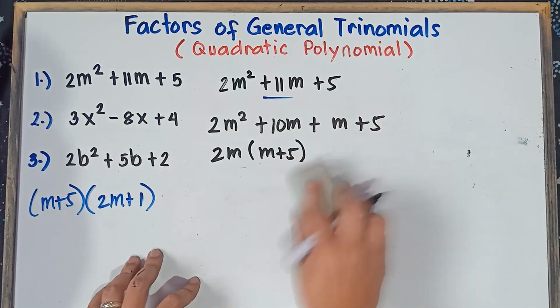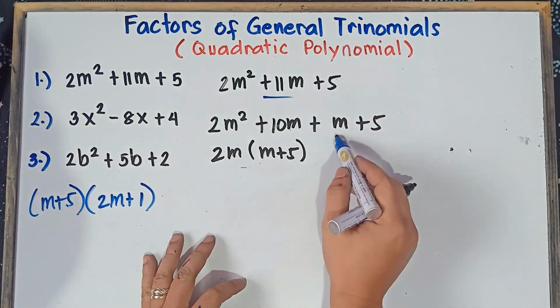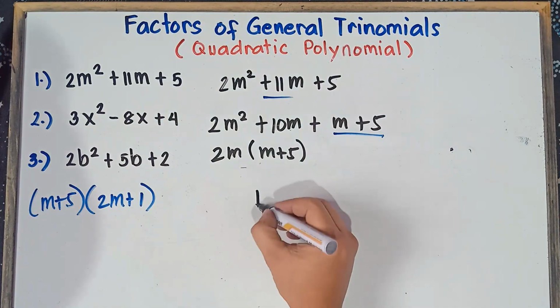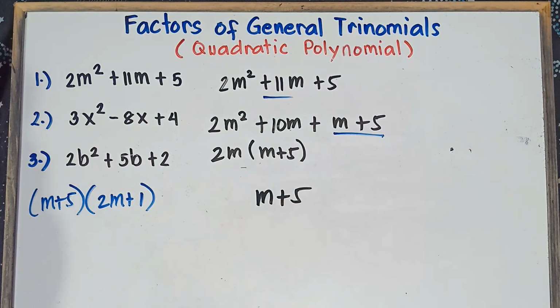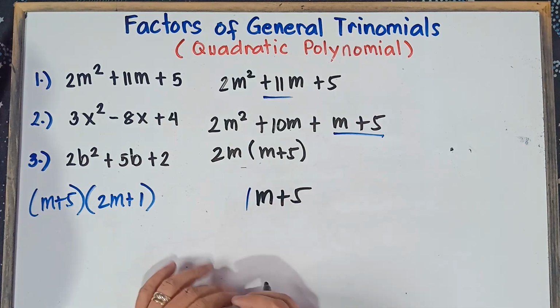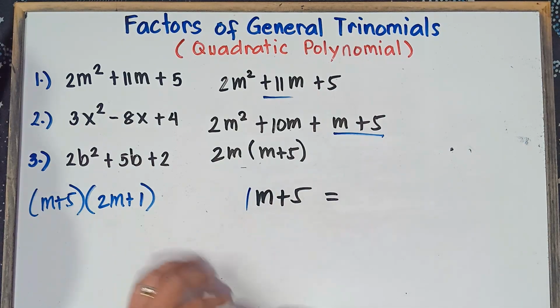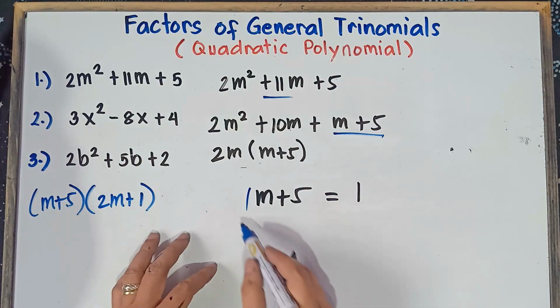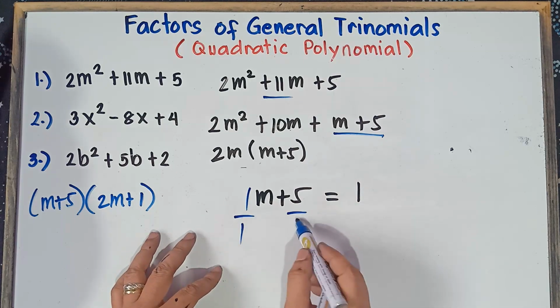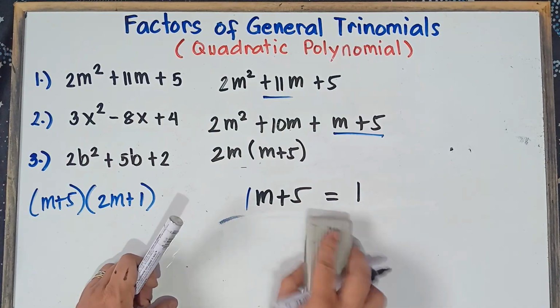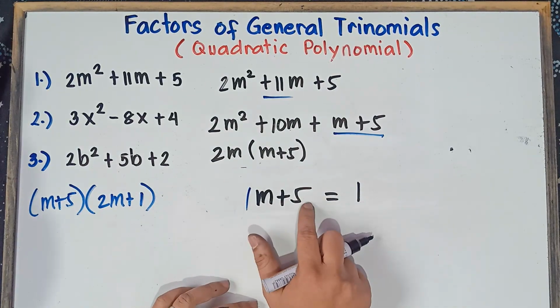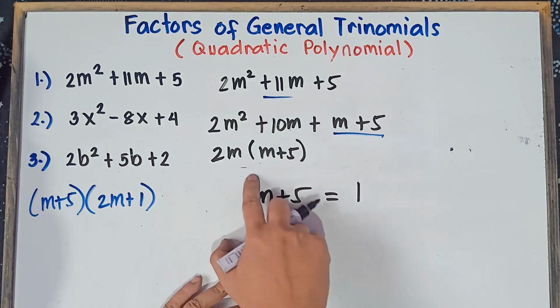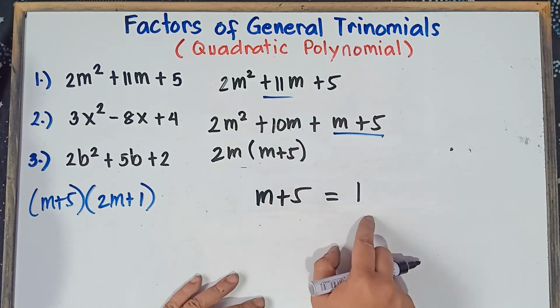Alright, and then the other one. We factor out the third term and the fourth term. We have m plus 5. So for the numbers, understand that there's a 1 here. So therefore, we can factor out 1 and 5. What would be the greatest common factor, class, of 1 and 5? That's correct, that's only 1, right? We can divide 1 by 1, we can also divide 5 by 1. Alright, and then for the variable, we don't have any variable for 5. So therefore, the greatest common factor of m and 5 is only 1.